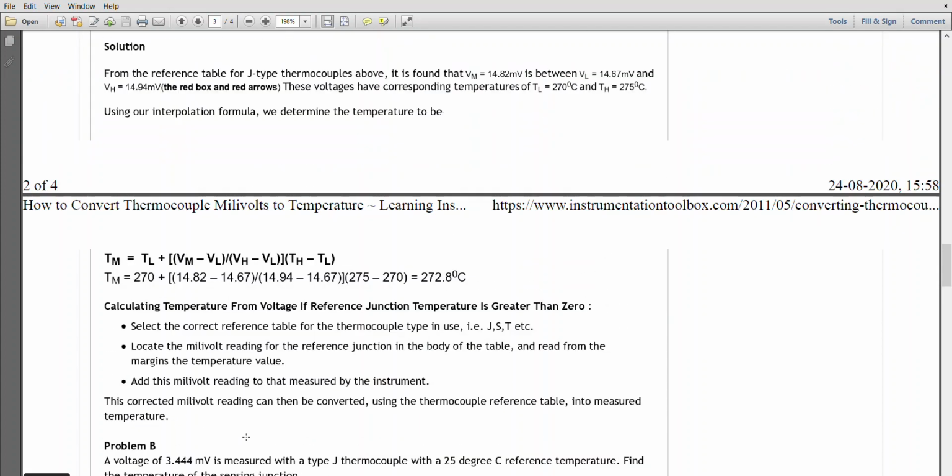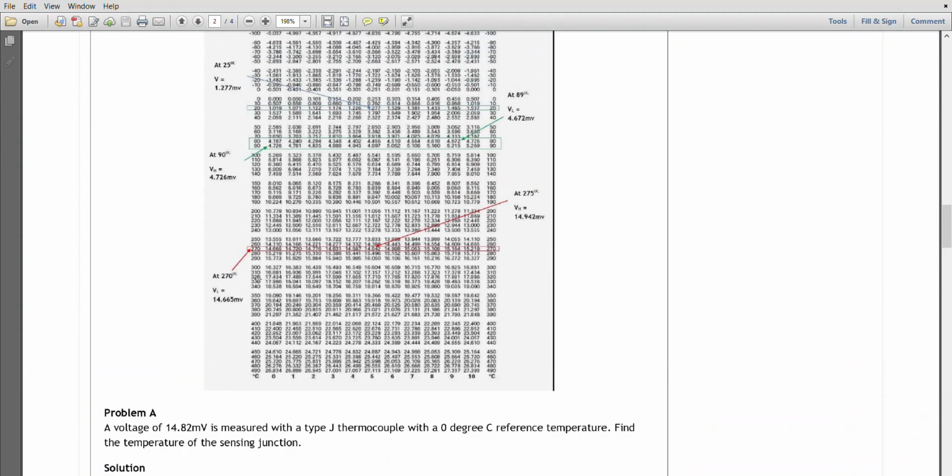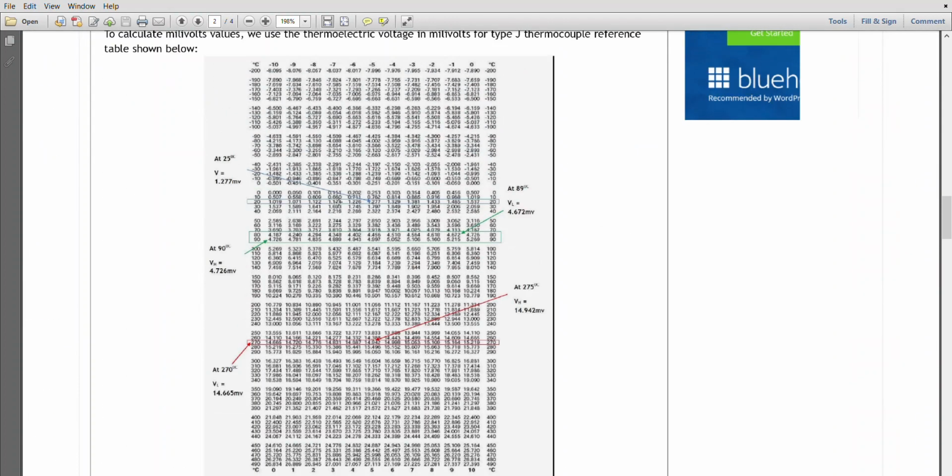And then what you do, leave aside the formula. These formulas are very difficult. What you do, directly go to the table and find where is 4.72, or the nearest value. Here, see, 4.72 comes at 80 or at 90. 4.726 is the 90 degrees millivolt. So that is the actual temperature of the hot junction. That is what you are measuring. If your thermocouple is maintained at 0 degrees, it is measuring 90 degrees at the hot junction.